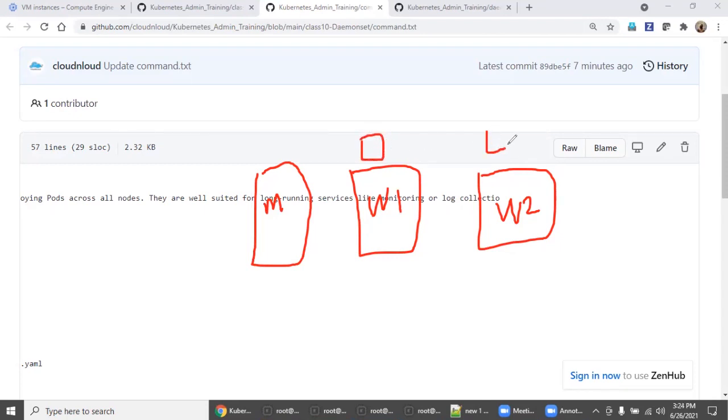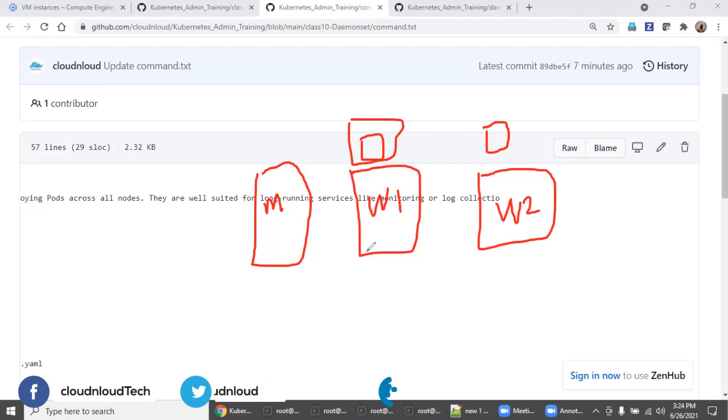Here one and here one. If you have 300 worker nodes, your expectation is to run a single pod on each worker node. In that kind of situation, DaemonSet will be really useful.